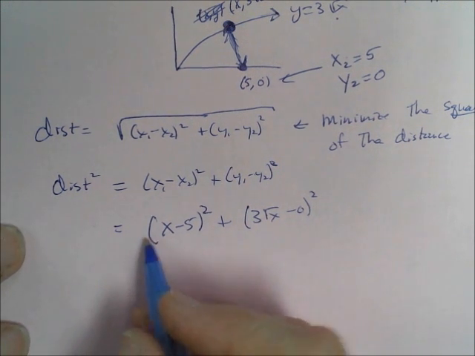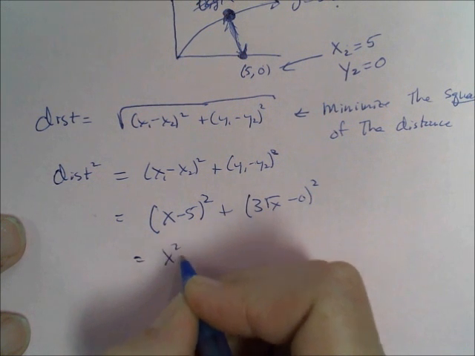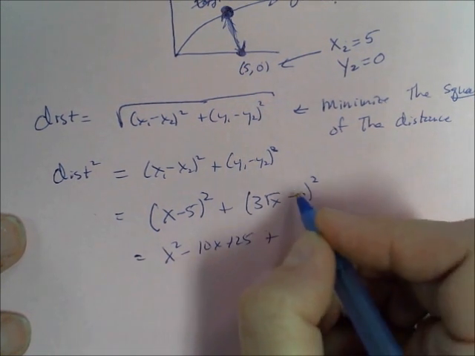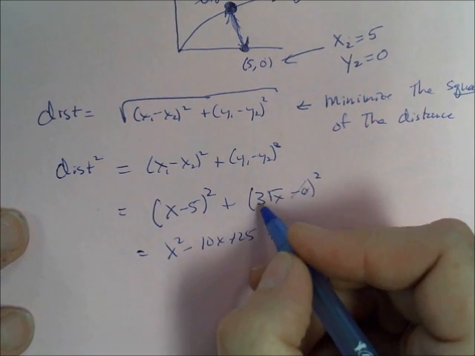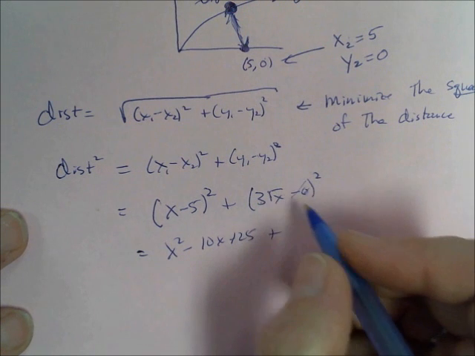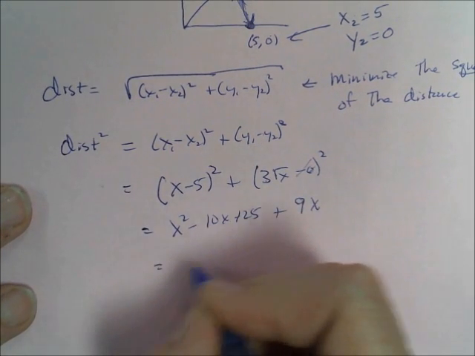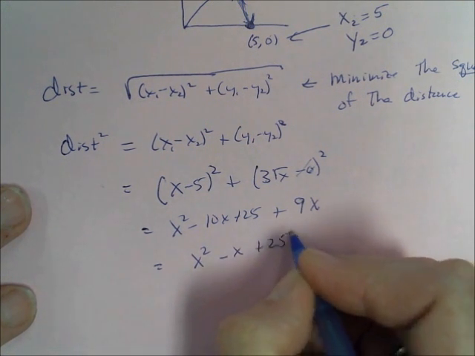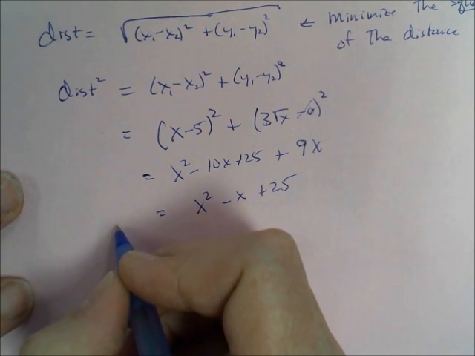So what we can do, it doesn't really matter. I usually just FOIL this out: x squared minus 10x plus 25, and minus 0, the 0 doesn't matter. So you're going to square 3 square root of x. 3 squared is 9, and square root of x squared is x. And when you combine like terms, you get x squared minus x plus 25. So there's the distance